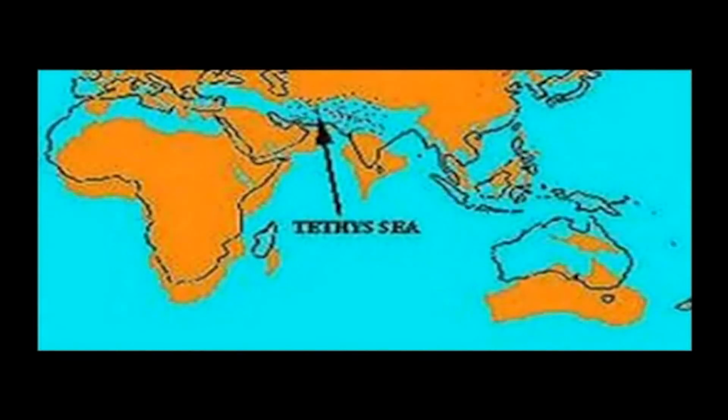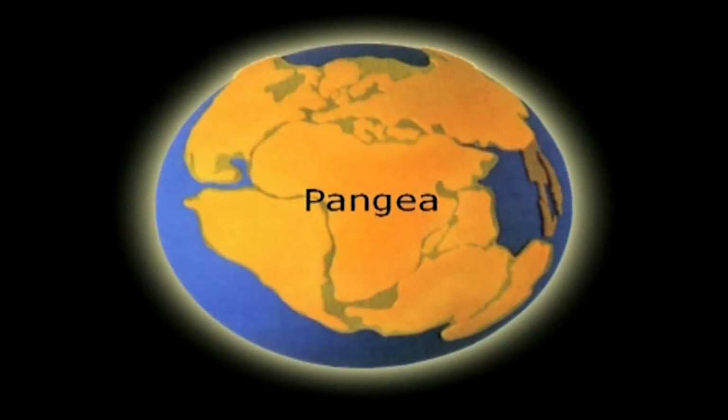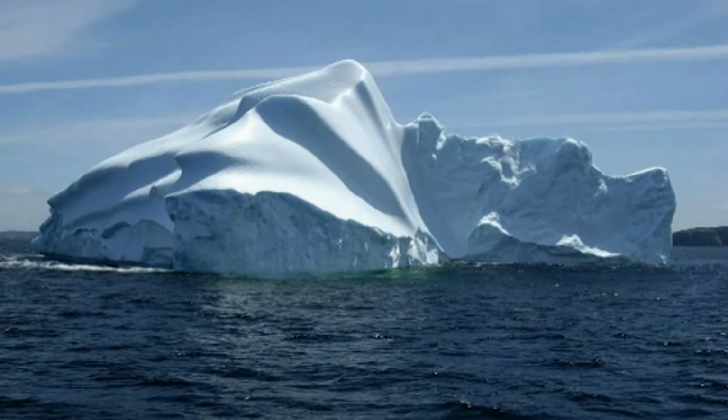Let us see the ancient seas and oceans. Roughly about 200 million years ago, there were only two water masses called Panthalassa and Tethys Sea. The proto-ocean surrounding the land mass Pangaea was called Panthalassa. This is the mother of all the oceans on earth. This was the primordial Pacific Ocean.